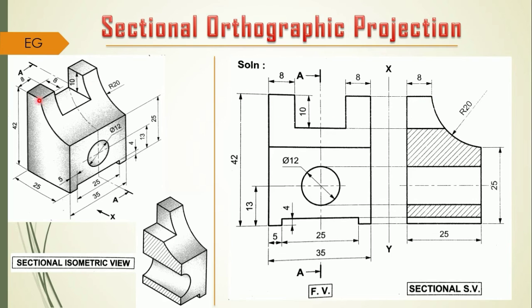Now we have to draw this curve which has a radius of 20 mm, but actually here the height of the object is 42 mm. It measures to be 42 mm from this side, but as you go to the right side, here you found the height of this rectangular box till this point is of 25 mm, and from 25 onwards, as you are having the radius of 20 mm, so 20 plus 25, that becomes 45.